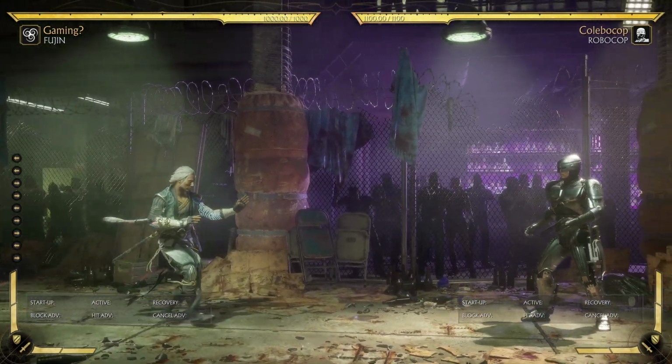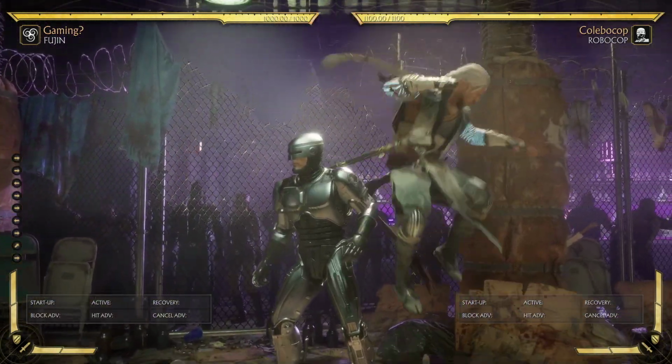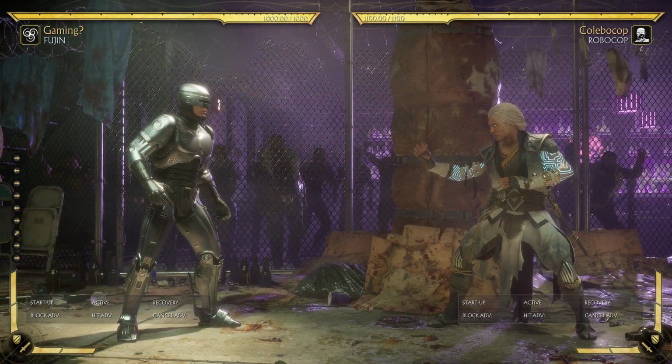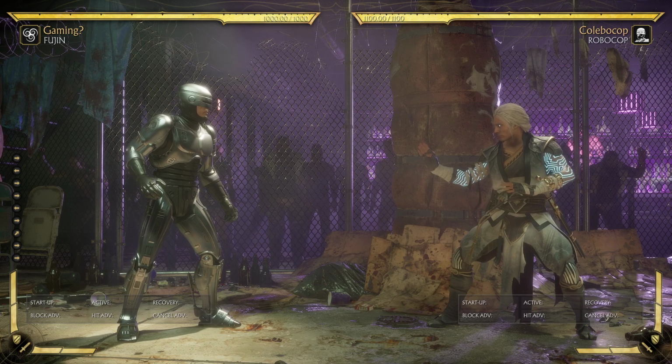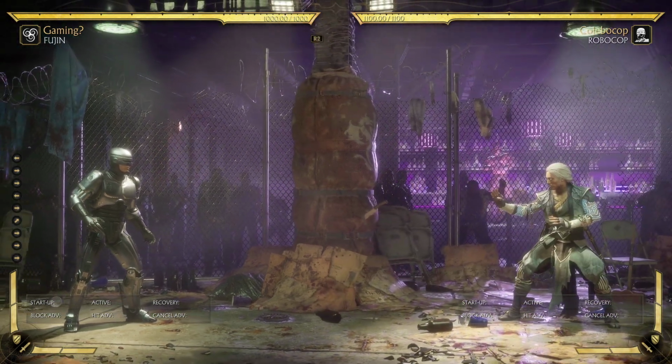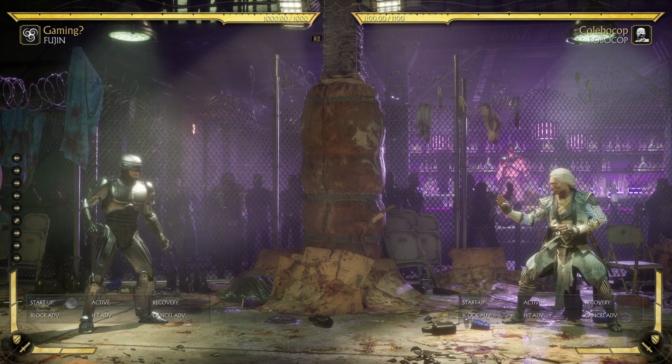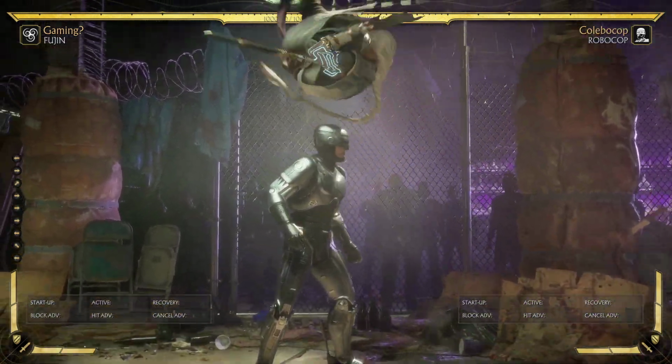But recently there was a Fujin only tournament. And so I picked up Fujin for, I believe, a day and a half, because I heard about it a day and a half before the tournament. And I was like, okay, let me pick up Fujin, see how it goes. I ended up getting 5th place, which was right outside the money, unfortunately. But something I learned